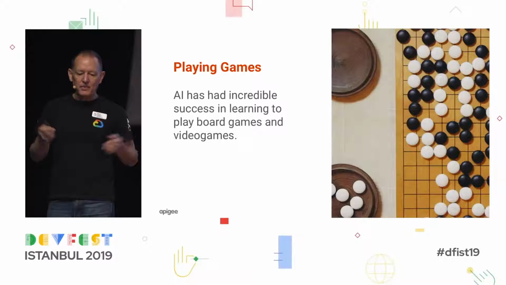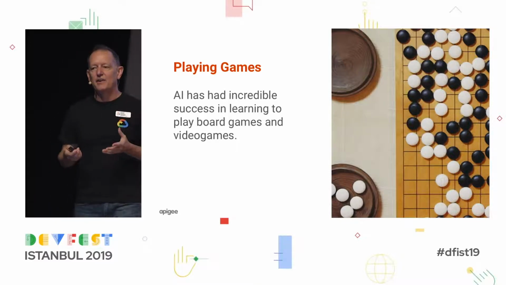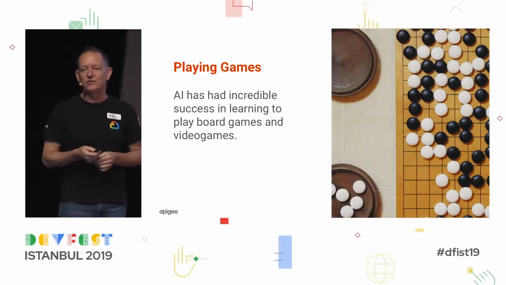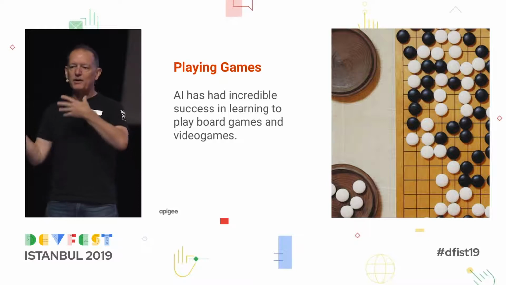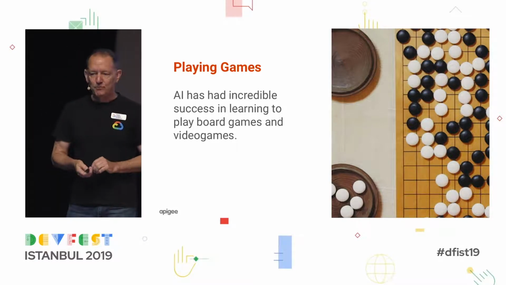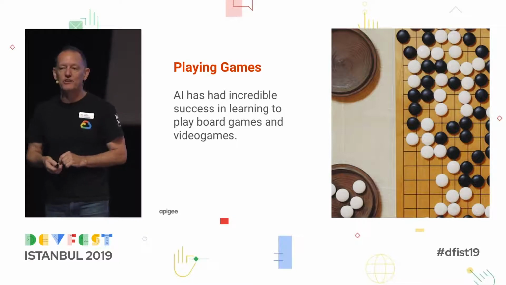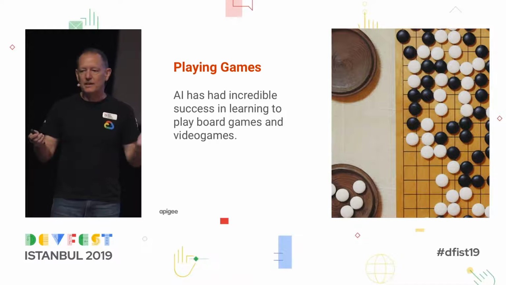So now with machine learning and the massive scale available for compute and storage that's come about as a result of the internet and cloud providers, we now can employ vast compute resources on these problems that are incredibly compute intensive to be able to solve. And we've seen this in a number of different domains.